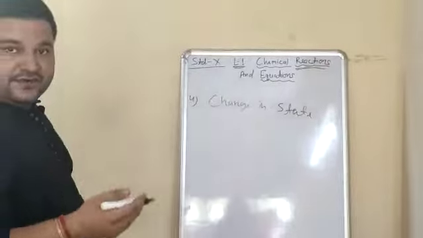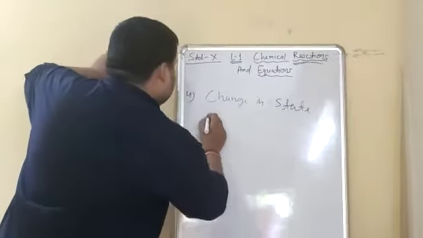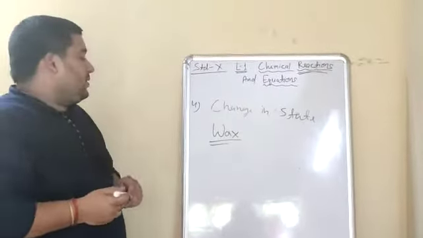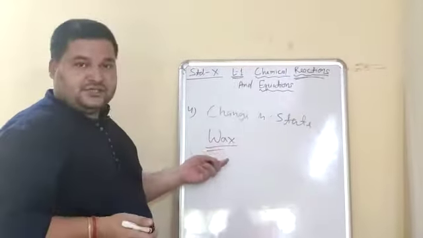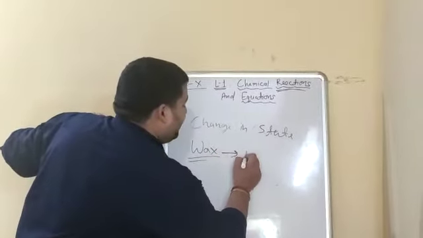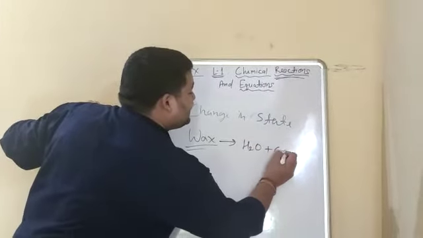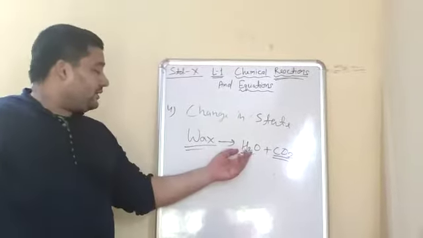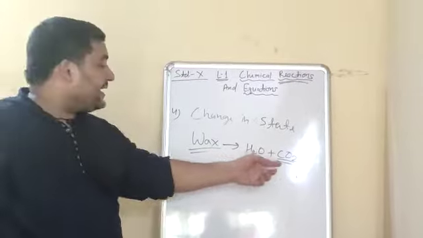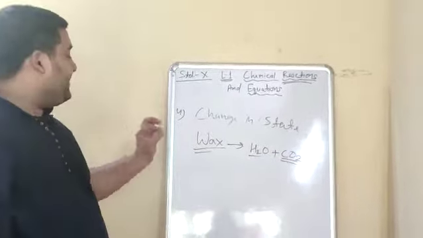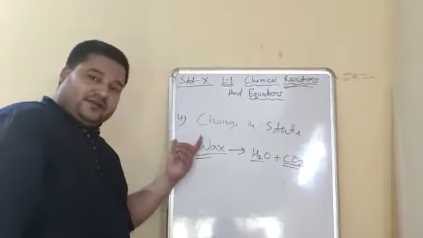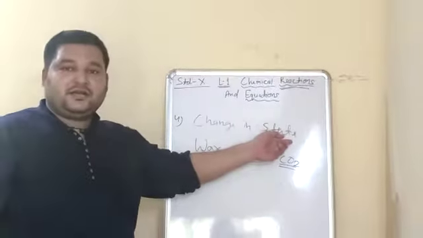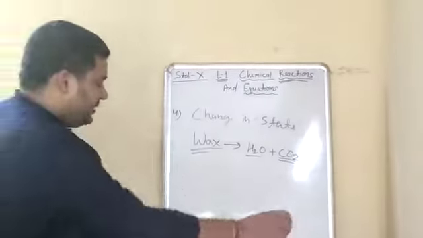If solid changes into liquid or gaseous. Simple example, take wax. Wax means candle. When a candle burns in presence of oxygen, water plus carbon dioxide will be formed. Here water is in liquid state and carbon dioxide is in gaseous state. So simply you can say that when solid changes into liquid or gaseous, it means change in state, so it is a chemical reaction. Fifth and last